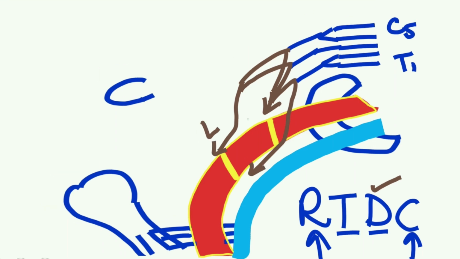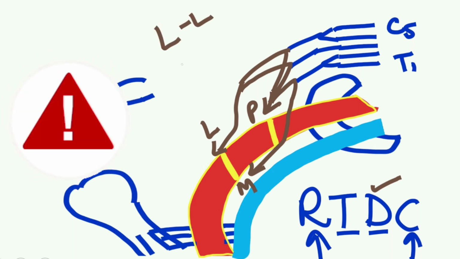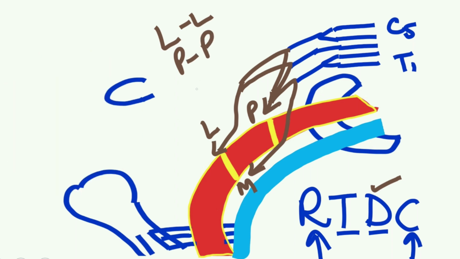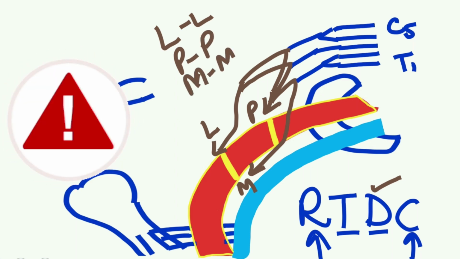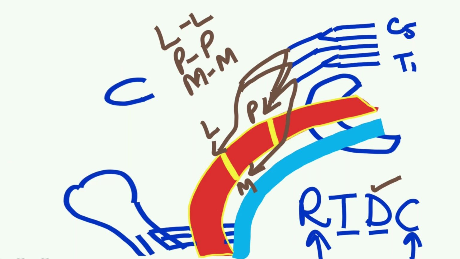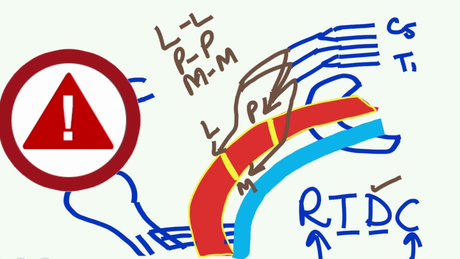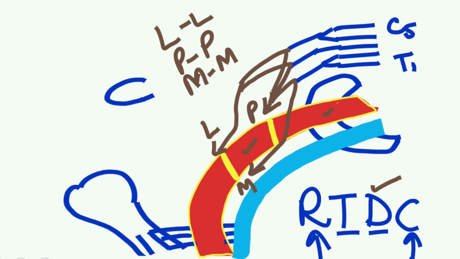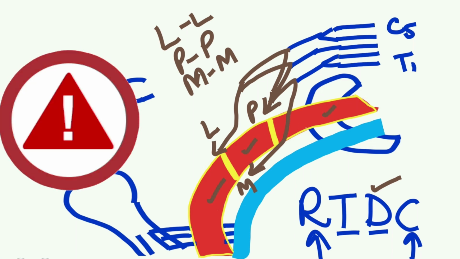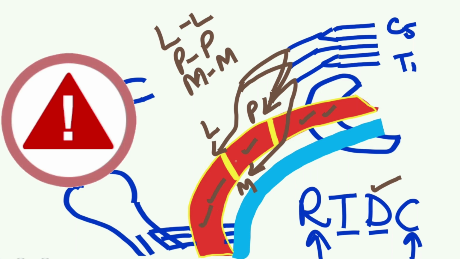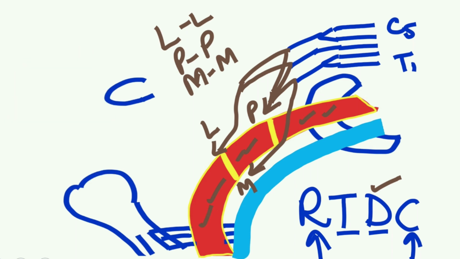So we have a lateral cord, a posterior cord and a medial cord. Here comes the most important question. Why is the lateral cord labeled as lateral, why is the posterior cord labeled as posterior and why is the medial cord labeled as medial? The answer to this question will help you a lot with the relations of the axillary artery, because the important fact is that the axillary artery is the reference structure. This axillary artery will decide what is medial, what is lateral and what is posterior.